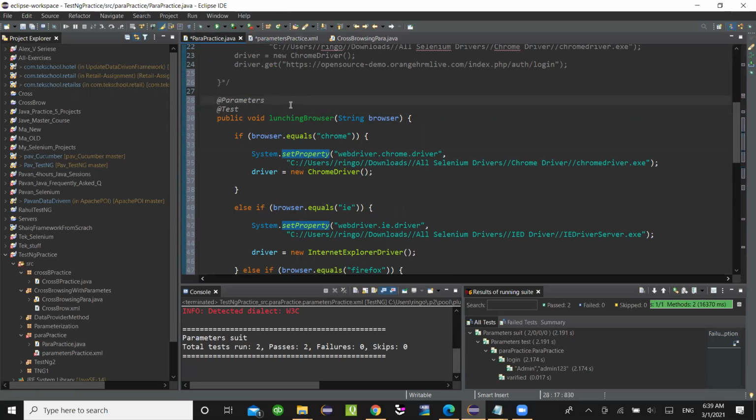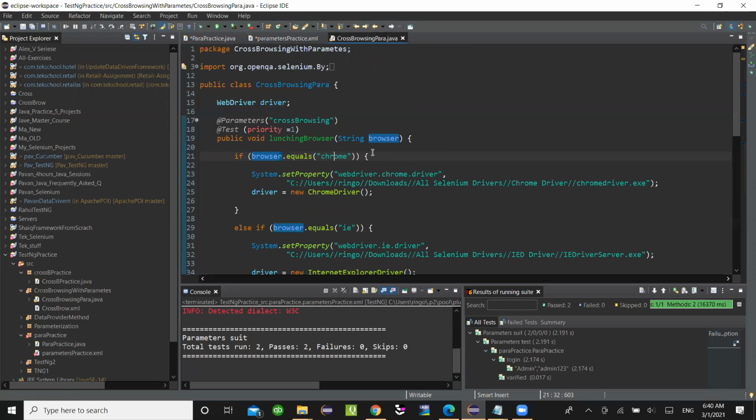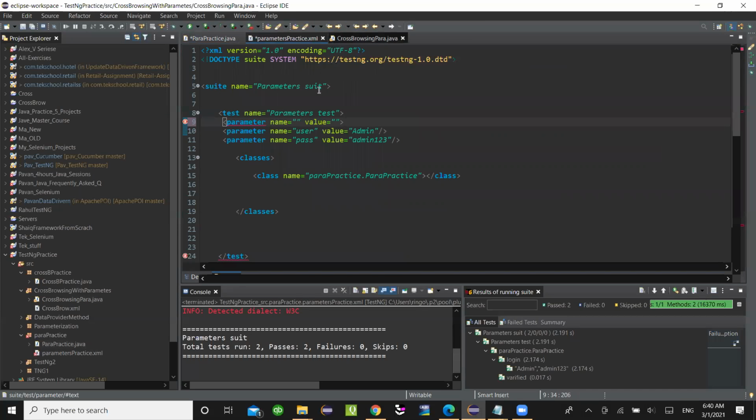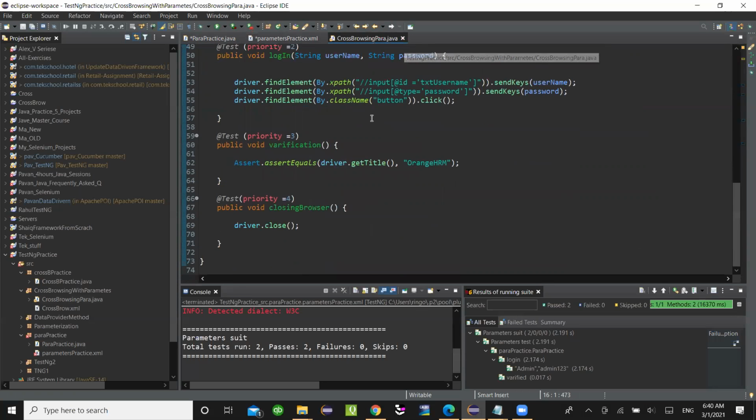When I put the parameter here, it means I want to let the XML file know that this parameter needs a value. So I need to send the value to this method through the XML file. Okay, now let's see what I'm going to do. Here, as we studied,